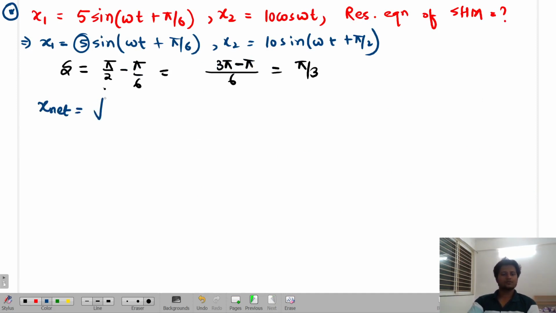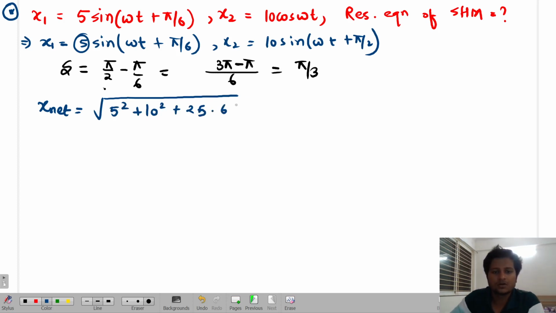Root under 5 square plus 10 square plus twice 5 into 10 into cos pi by 3 into sine omega t plus tan inverse